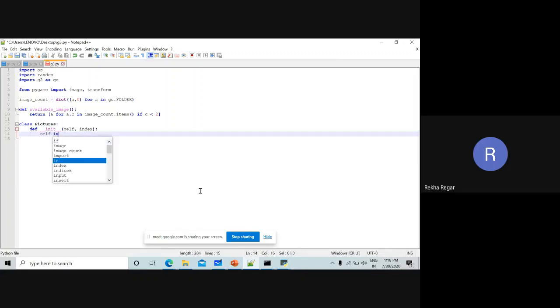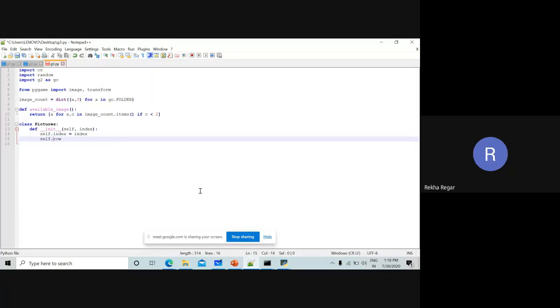Self.index, and the initial index is only index, so it is going to be initialized. After that, self.row, we need another variable, that is self.row, and the self.row is simply equal to whatever the index is, we have to divide that index by the number of tiles.